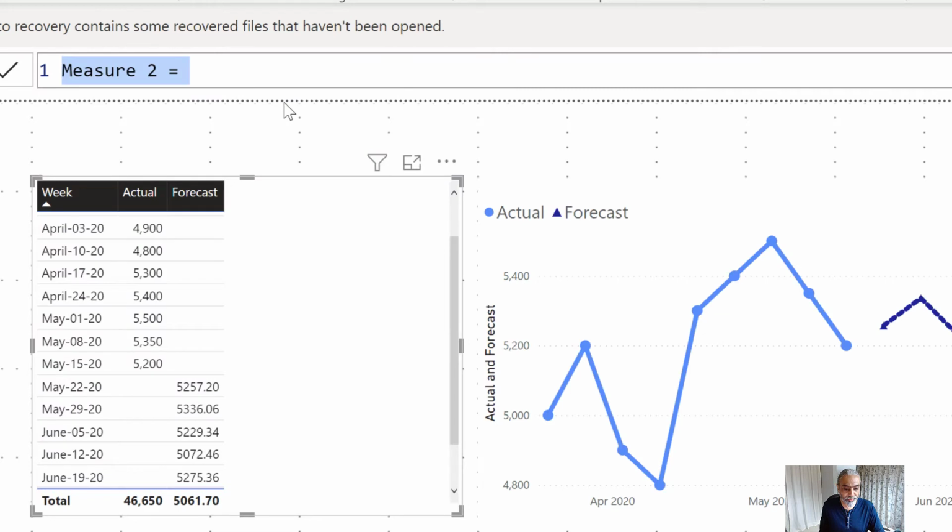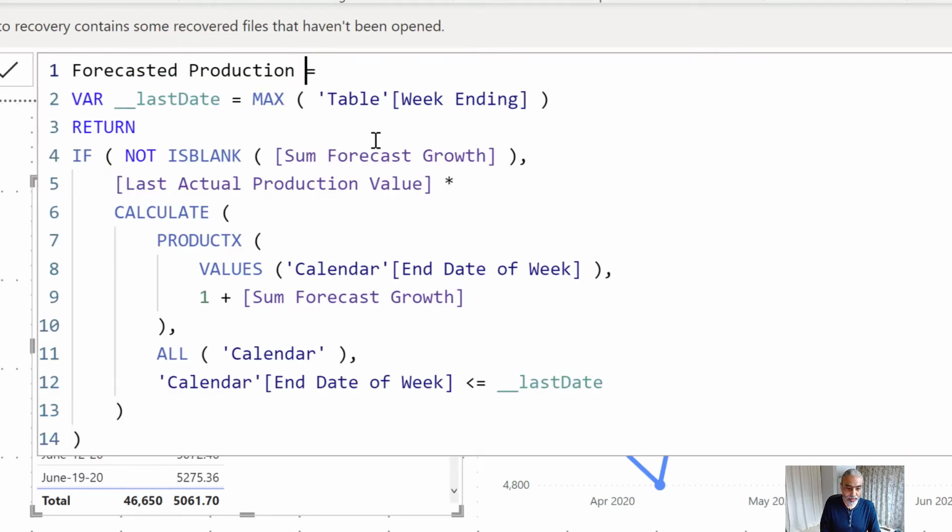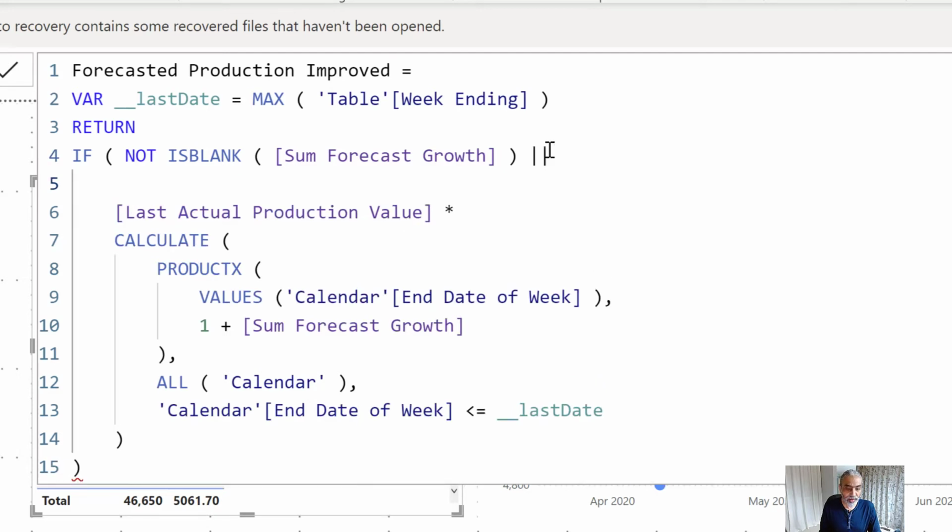and maybe call it improved. So the function remains the same. The only thing we're going to do is add another key condition here: or if the forecast growth is blank, if there is no forecast growth, we are not calculating, or we want to calculate this growth. In this case, what we will say is, if our last date, which is already stored in a variable, and it's in the row context we're using,